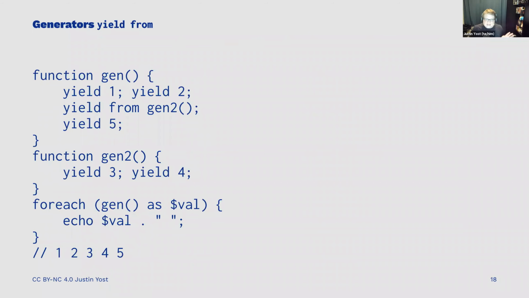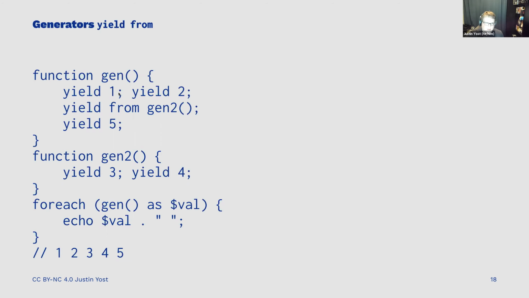We can use a yield from. So what does yield from look like? Okay, so I have a generator. You'll notice all this generator is doing is just calling a bunch of yields. Yield 1, yield 2, yield from gen 2, yield 5, and gen 2 does yield 3, yield 4. Okay, so foreach gen as val. So we call gen,